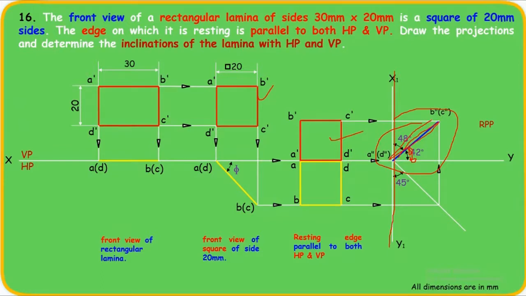In the front view and the top view, it looks like this. But in the side view, you can see the exact angles with respect to the horizontal plane and with respect to the vertical plane. You know, this is the horizontal plane and this is the vertical plane. So whatever this angle is with respect to the vertical plane, this angle is with respect to the horizontal plane. So how will you draw it?